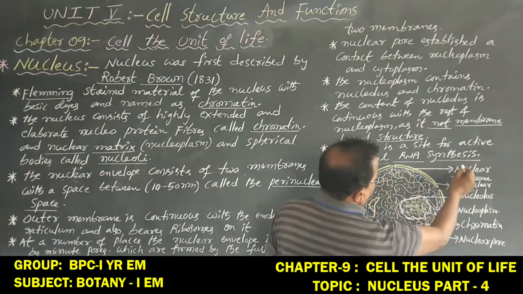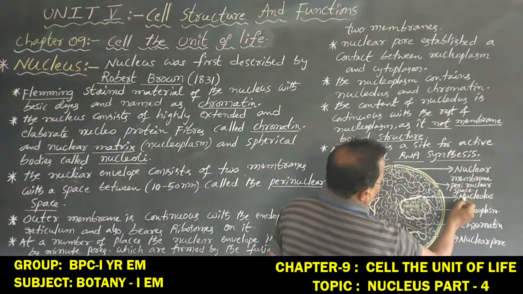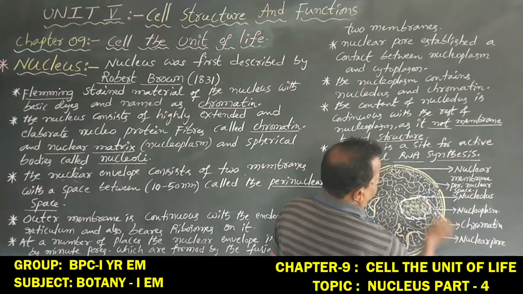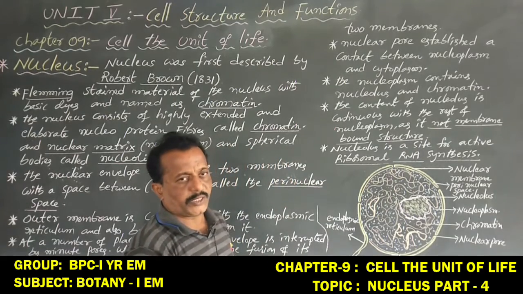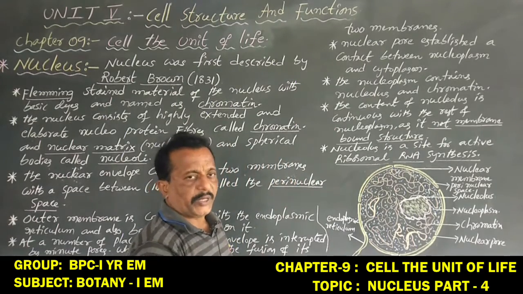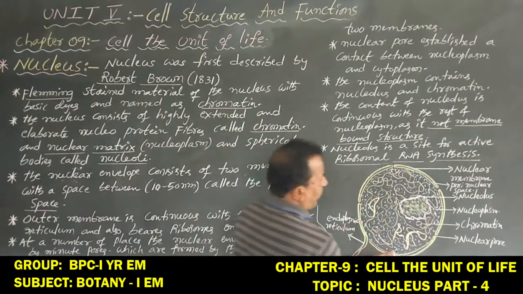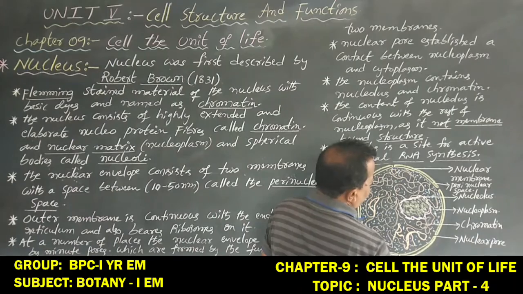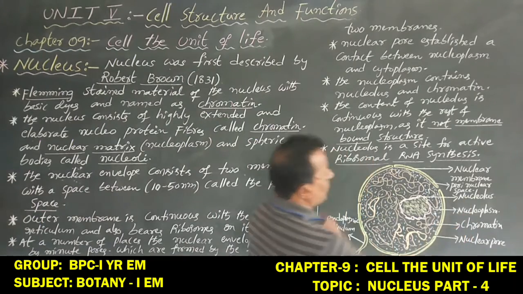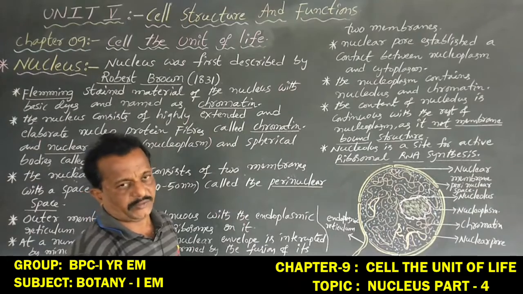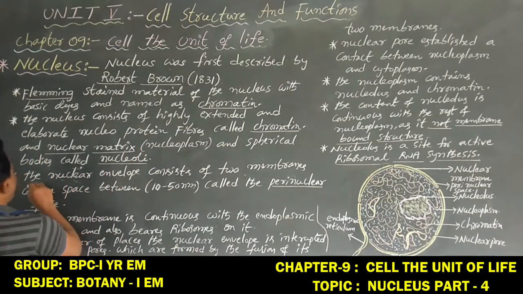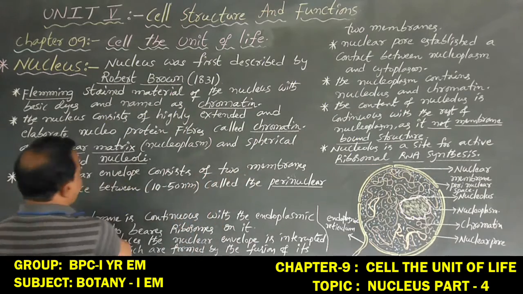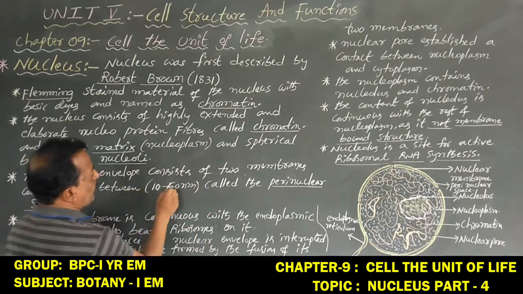Generally, the nucleus consists of the nuclear membrane, nucleolus, nucleoplasm, chromatin, and nuclear pore. But mainly the nucleus contains nucleoplasm or nuclear matrix, nucleolus, and chromatin. Now next coming to the nuclear envelope, which consists of two membranes with a space between them of 10 to 50 nm,